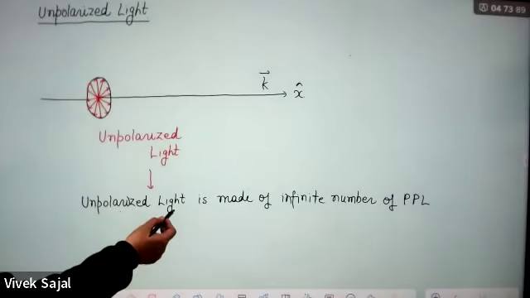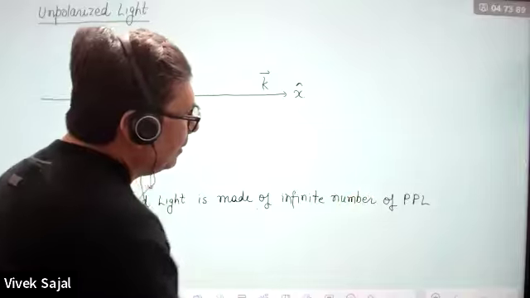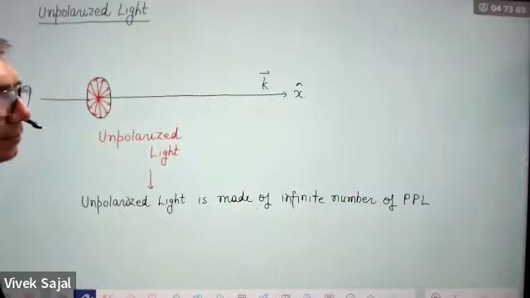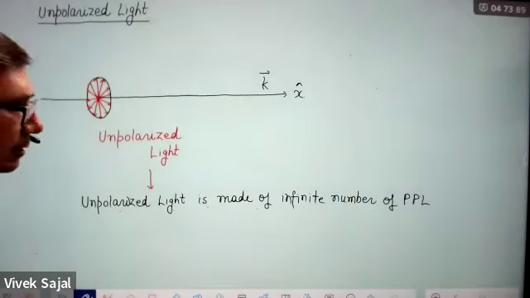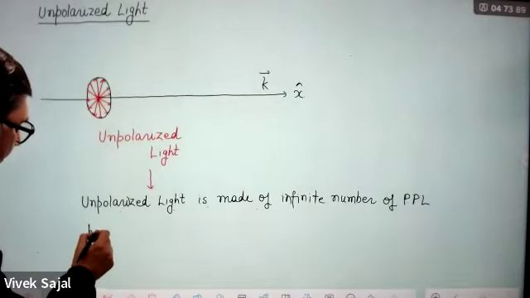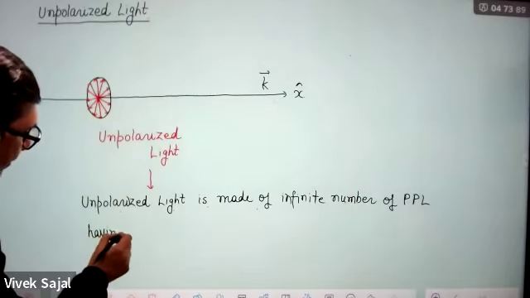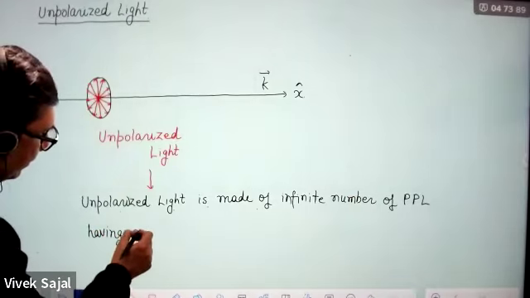So what is unpolarized light? It is made of an infinite number of plane polarized lights, having the same k vector,